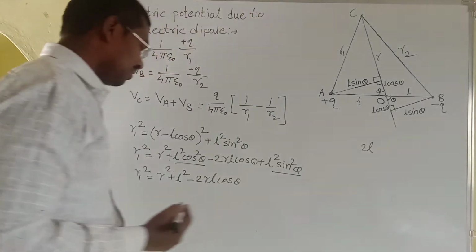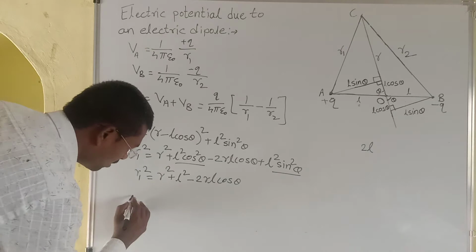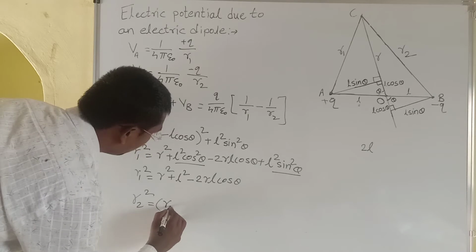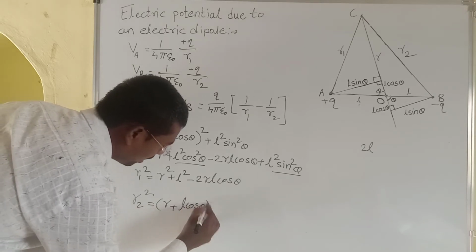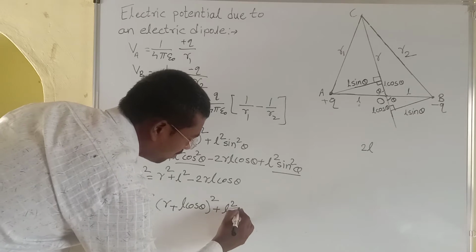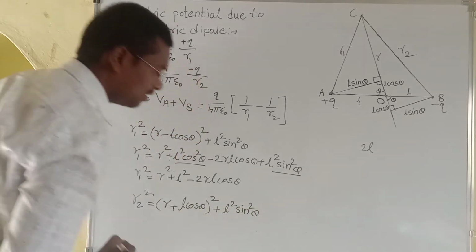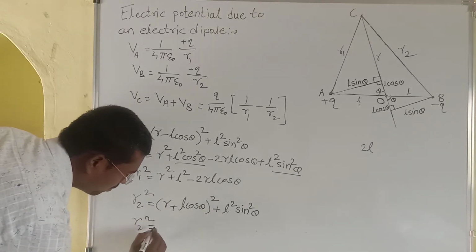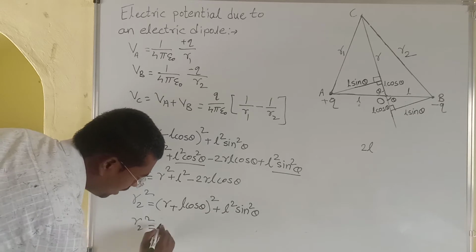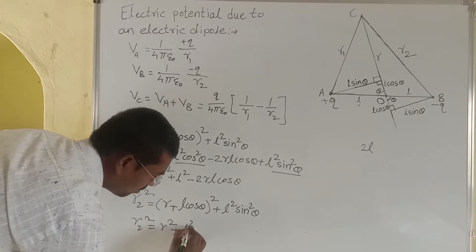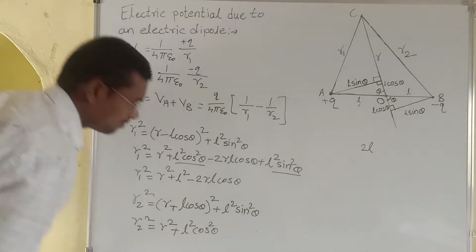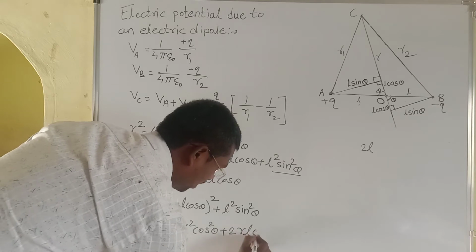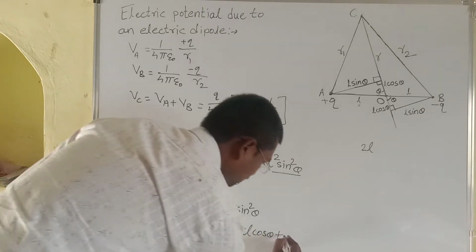L sin theta. So therefore, by Pythagoras theorem, this hypotenuse R2 square can be written as (R plus L cos theta) whole square plus L square sin square theta. Again, solve this bracket. So R2 square is equal to R square plus L square cos square theta plus 2 times RL into cos theta plus L square